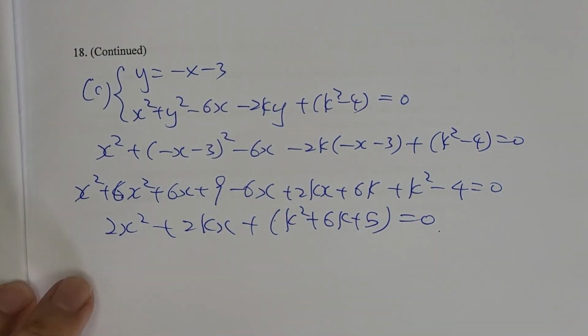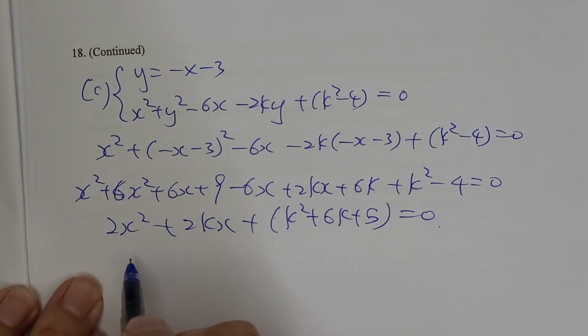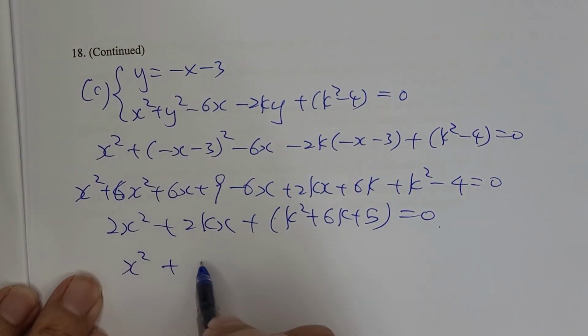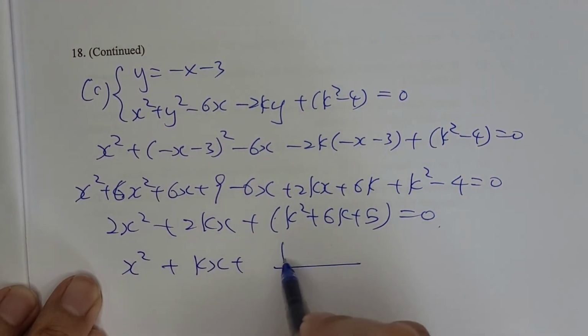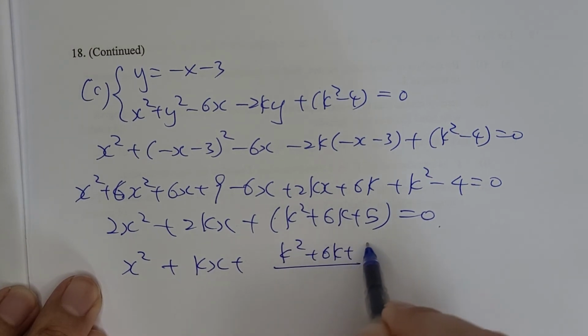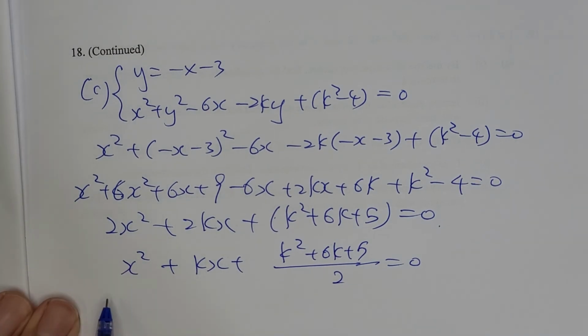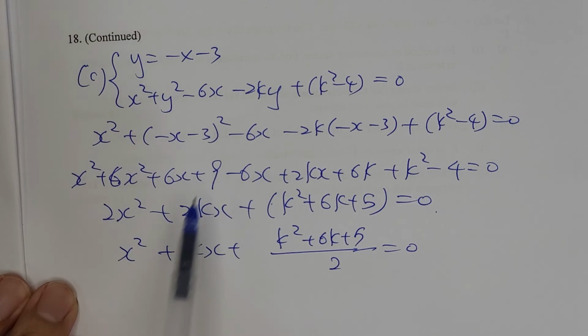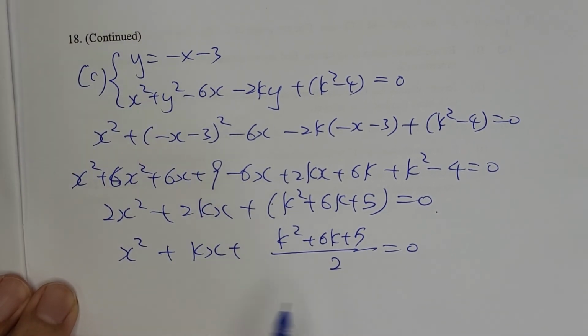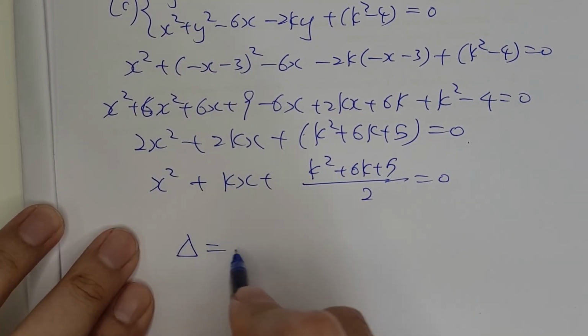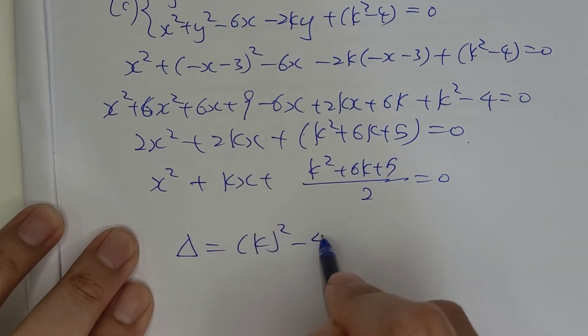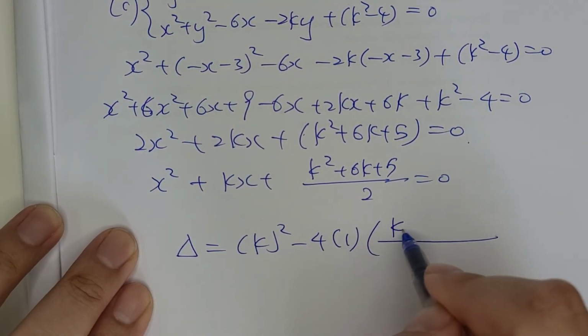Okay, and then both sides divided by 2. So x squared plus kx plus (k squared plus 6k plus 5) over 2 equal to 0. Now you need to check the discriminant of this equation to see whether this equation has real roots. So discriminant equals b squared minus 4ac,